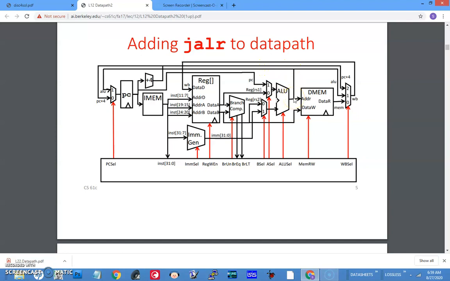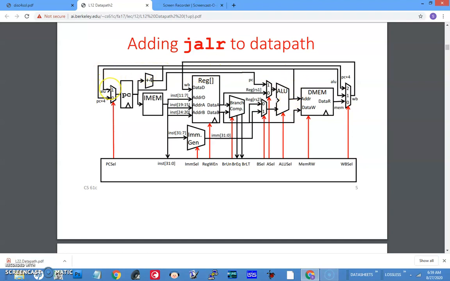How do we get the output of the ALU? That is RS plus immediate. So register RS1 is coming here, and then we have to add the immediate value. The immediate value is taken and that is also given here. So immediate plus RS is given,